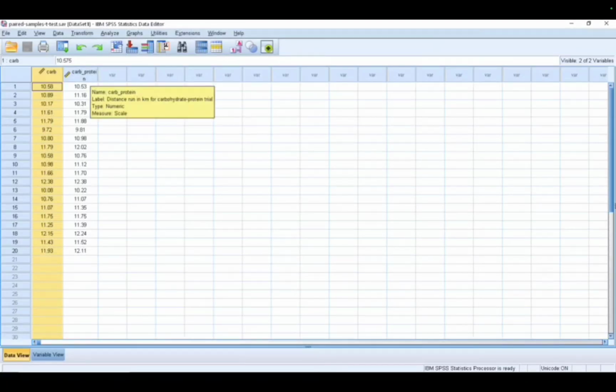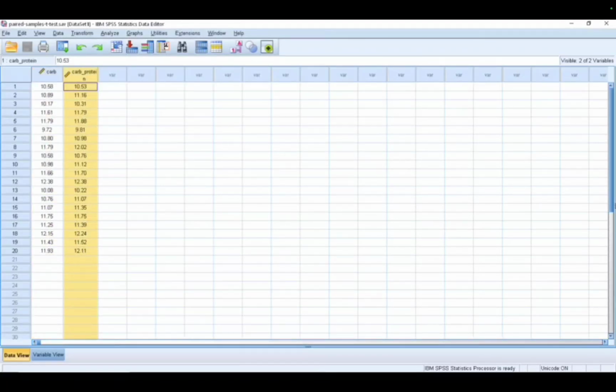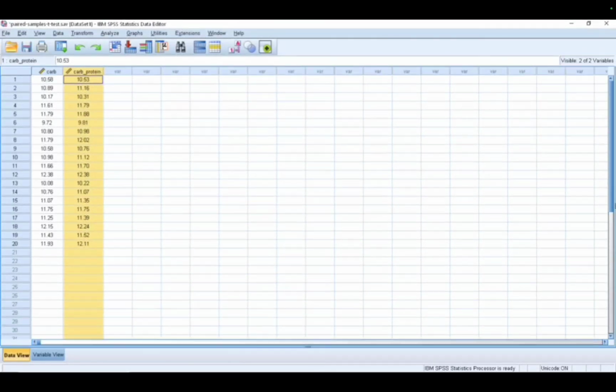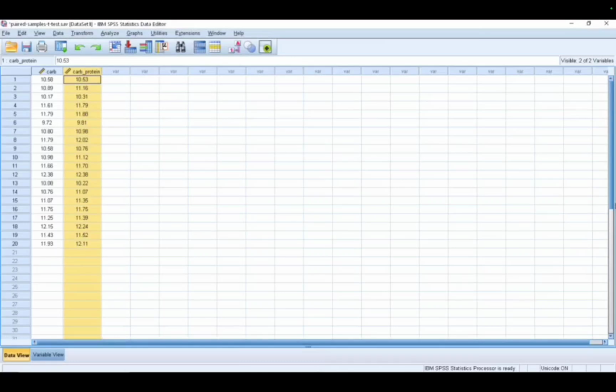Suppose that we have the following here, the carbs and the carbs protein. We can just check the data view and the variable view of the following, which is already given.